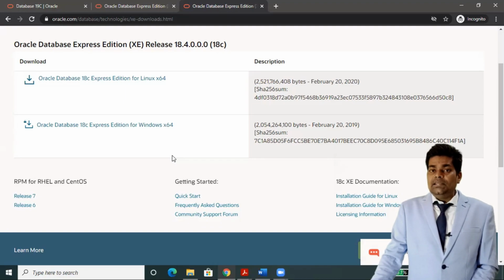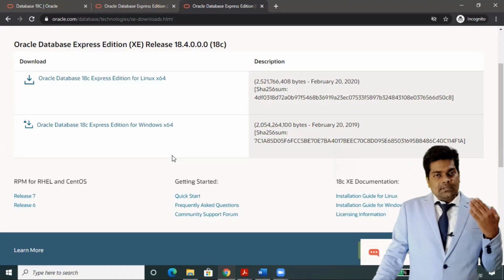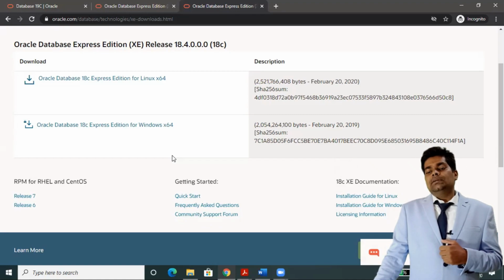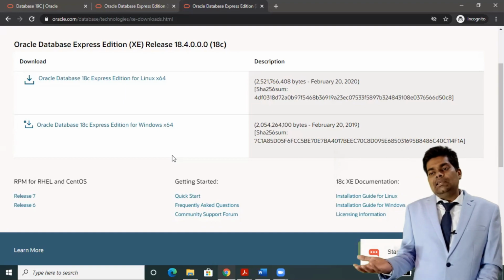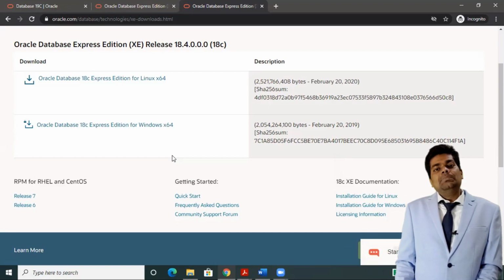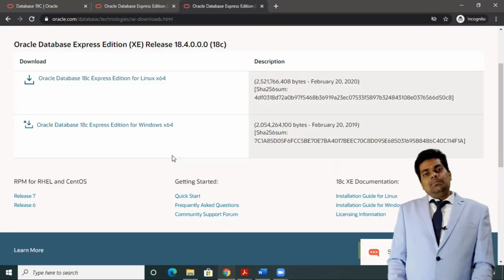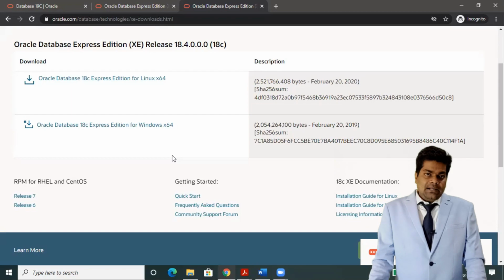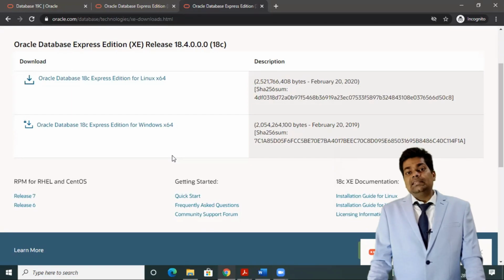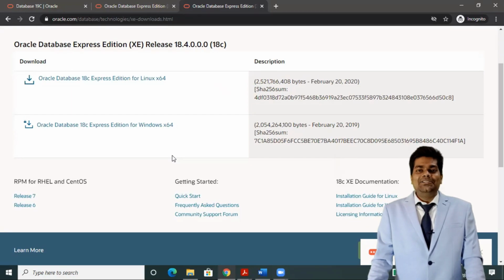But speed and volumes are increasing day by day. Whatever select query took 5 seconds 10 years ago, these days we get the result in a fraction of a second. That is the difference in speed and internal architecture.